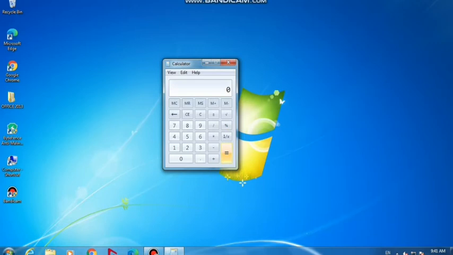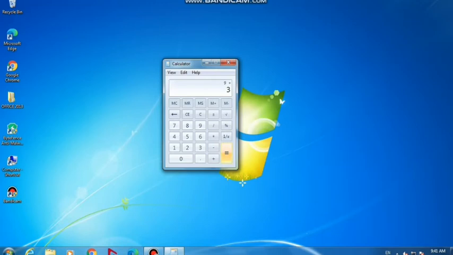Now, how to add with a calculator? If we want to add two numbers, like 9 and 3, then what should be the steps? First of all, click on the number 9 button. Then click on the Addition button. Then click on the number 3 button.